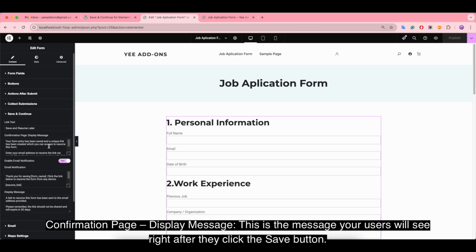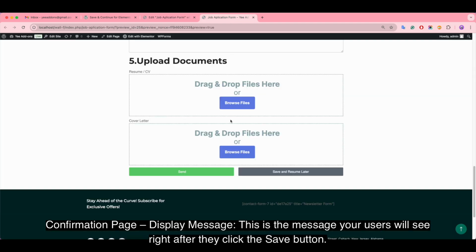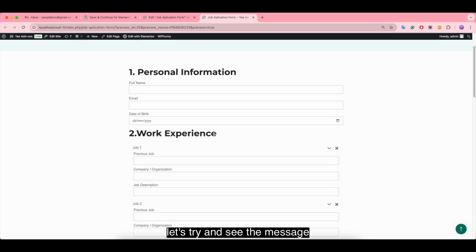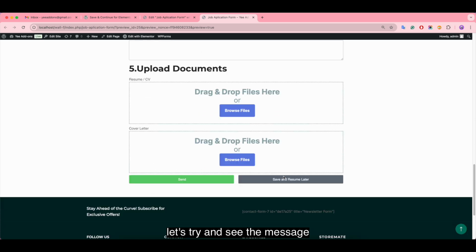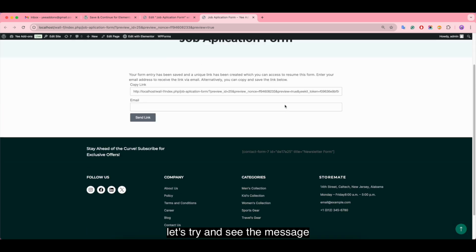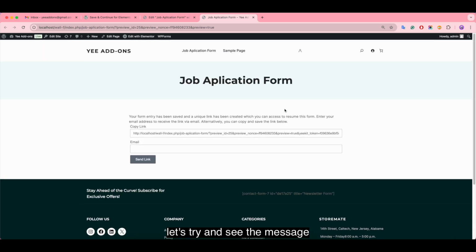This is the message your users will see right after they click the Save button. Let's try and see the message. There it is. Go ahead.